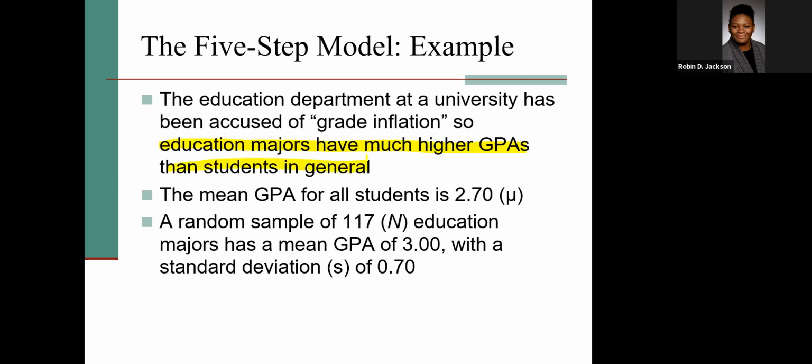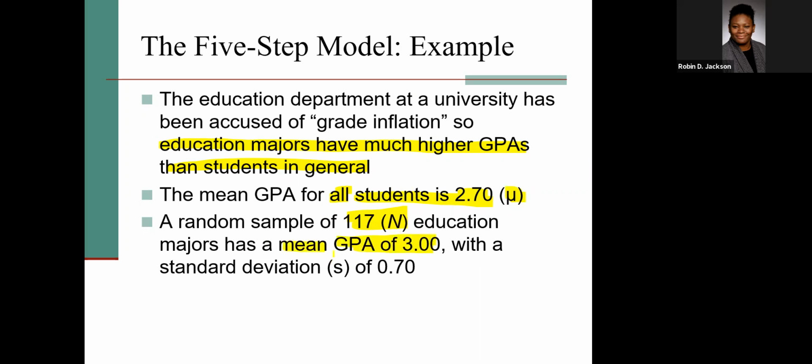That's the thing that we're looking at. We know that the mean GPA for all students is 2.70, so that's our population GPA. The random sample has a number equal to 117. And the sample, those are our education majors, the group that we are comparing to the overall population. They have a mean GPA of